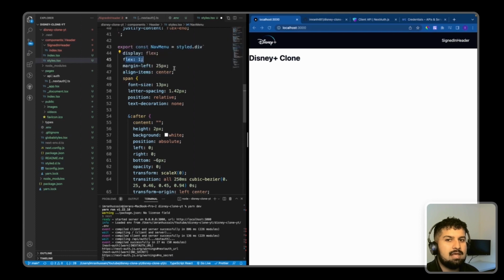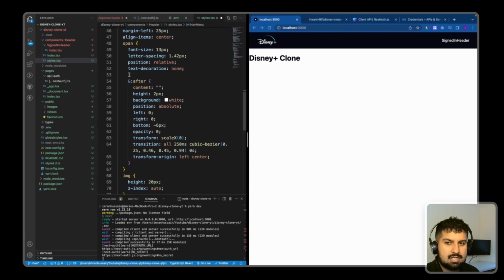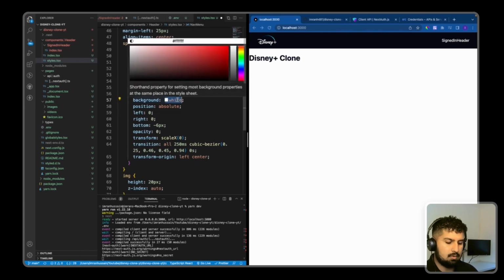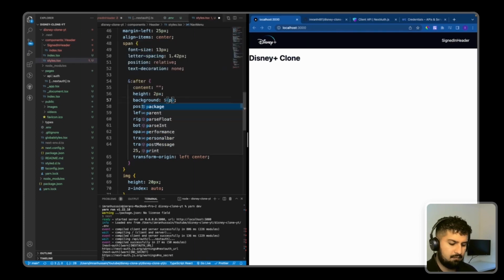We're going to have a margin left of 25 pixels on there, so it gives a bit of space after the logo. The span text, I'm going to have a font size of 13 pixels, some letter spacing, position of relative, and a text decoration of none. Because it is an A tag, we don't want to have the underlines on there. We're going to give it a slight transition when we hover over, so we're going to give that a line and background of white, or in this case we'll give it the props of white, so props.theme